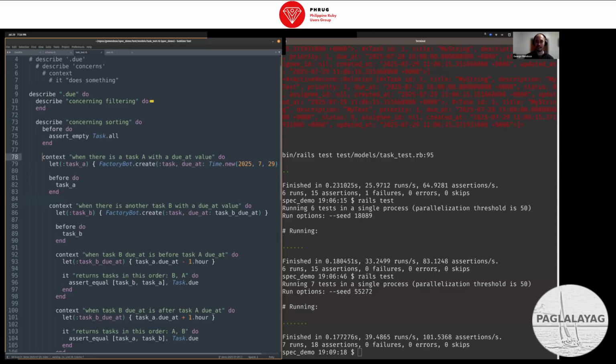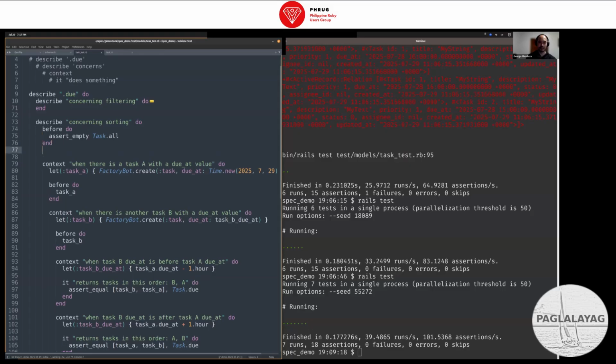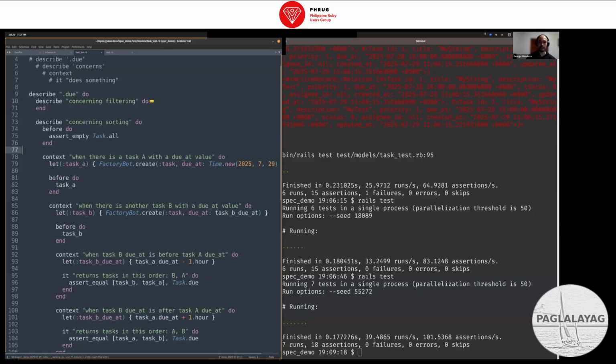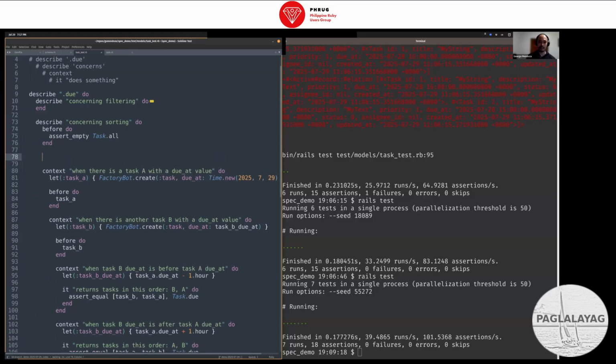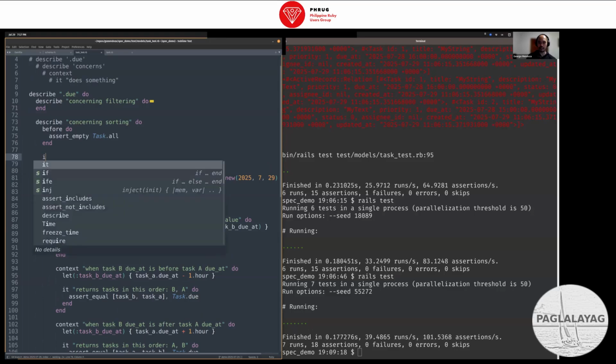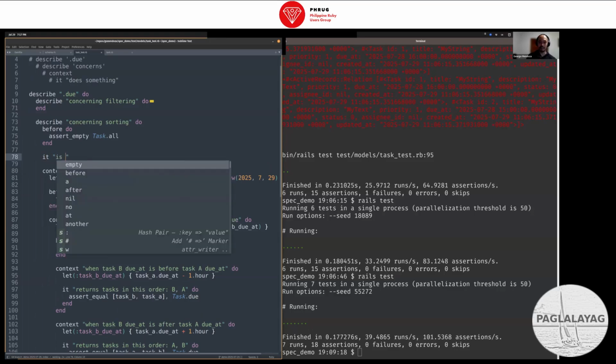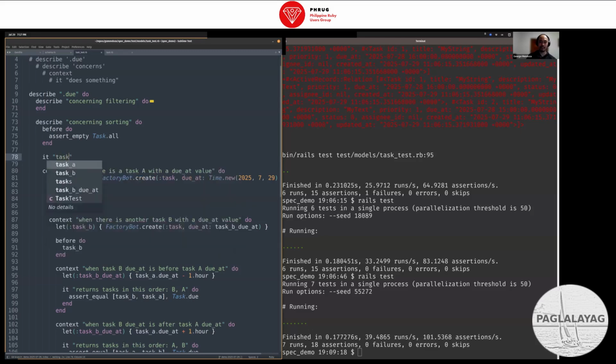breakdown of context. So when it comes to system tests, in order to be more practical, you end up generalizing your context. They're not as specific as what we have here. For example, rather than going through each of these scenarios, let's say this was a system test and you wanted to test sorting in a certain page. It's fair to just test if the tasks in that page are sorted,